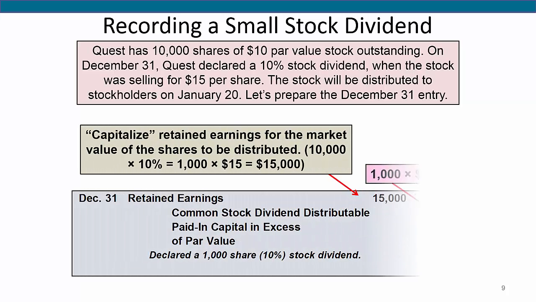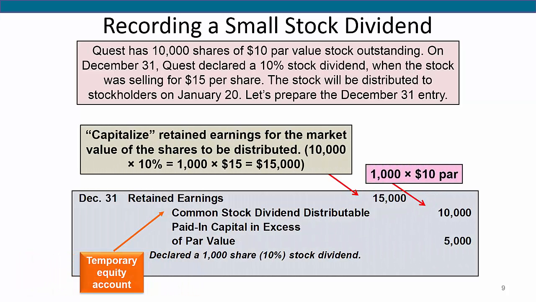Assume for a moment that Quest directors declare a 10% stock dividend on December 31st. This stock dividend of 1,000 shares, computed as 10% of its 10,000 outstanding shares, is to be distributed on January 20 to the stockholders of record on January 15. Since the market price of Quest stock on December 31st is $15 per share, the small stock dividend declaration is